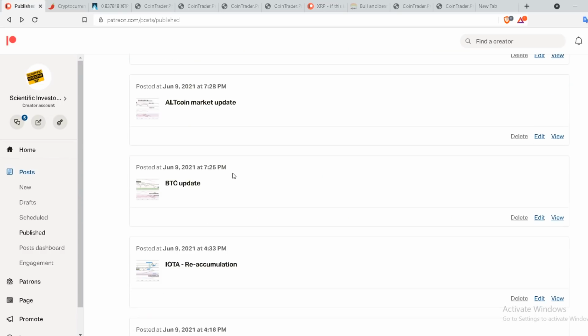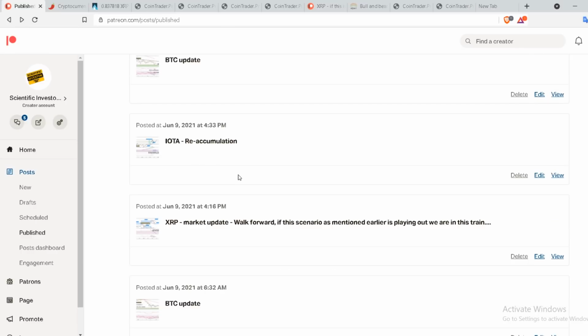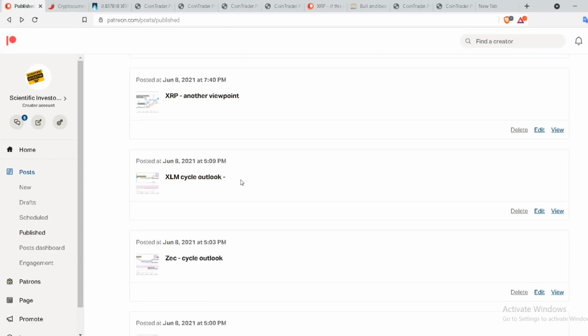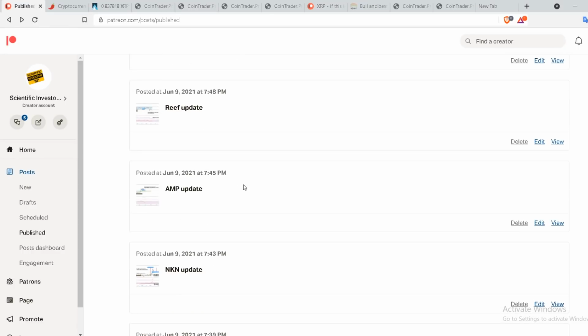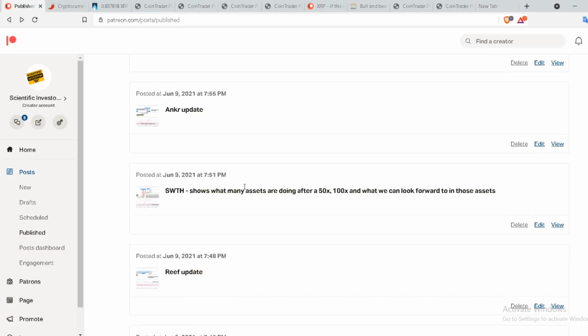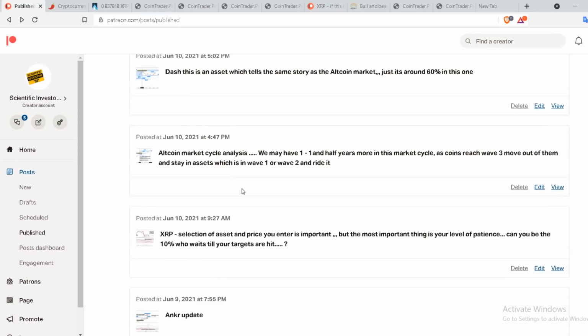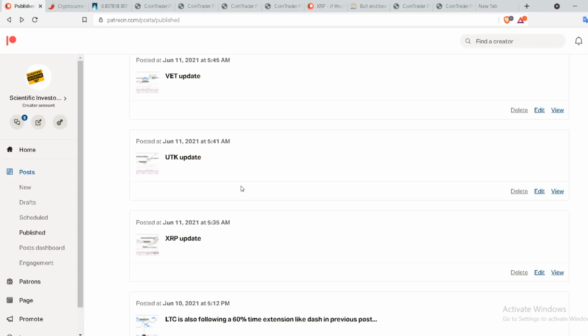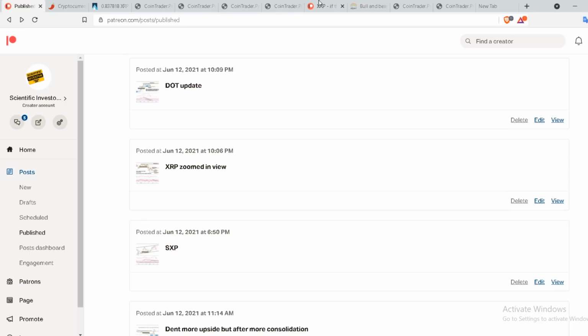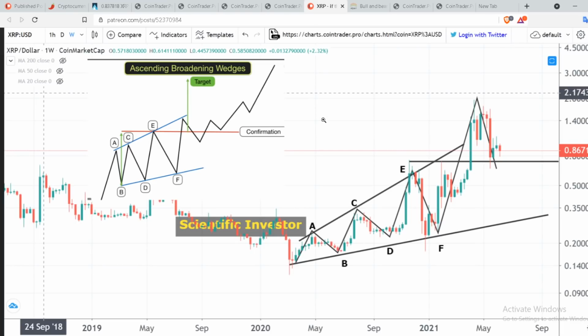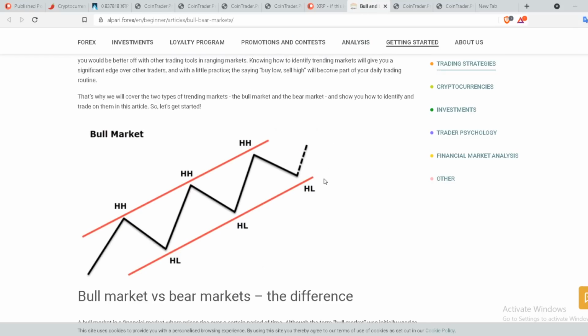That's going to help you understand whether this particular asset is being accumulated, reaccumulated, or it's looking bullish, or it's going to look consolidative, with sideways movement for 6 months, for a year. You need to understand that particular asset, because you don't want to put more money into an asset which is going to consolidate for a year from now. So that's ideally looking at different patterns and indications for different assets to understand the trend.